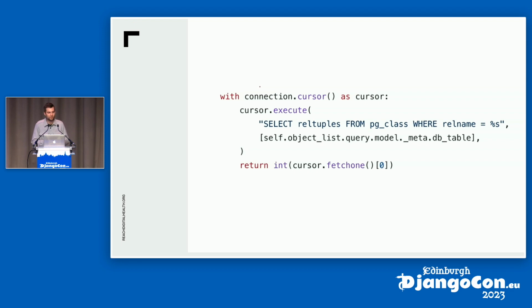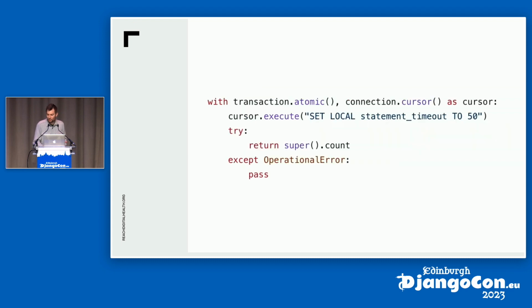What if this table starts off small, gets large? What if in some cases we don't want to always have this approximation, which can be quite wrong for small numbers? Well, what we can do is set a timeout on the SQL query in Postgres. What this allows us to do is try to do a count on the whole table. If that starts taking too long, we can then cancel that and carry on with our approximation.